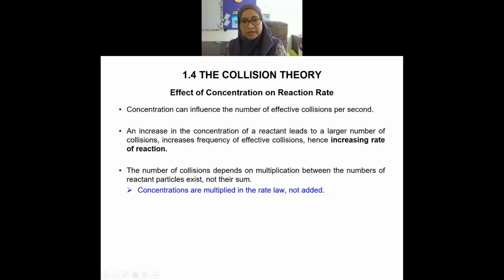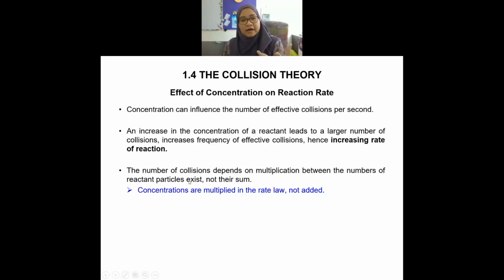Bila number of collision increases, of course, the frequency of effective collision, maksudnya pertambahan probability of effective collision to take place is also increased, and this will increase the rate of reaction. The number of collisions depends on the multiplication between the numbers of reactant particles that exist, not on their sum. For example, concentrations are multiplied in the rate law, not added. So this again, I would like to remind you, if we can predict the number of collisions